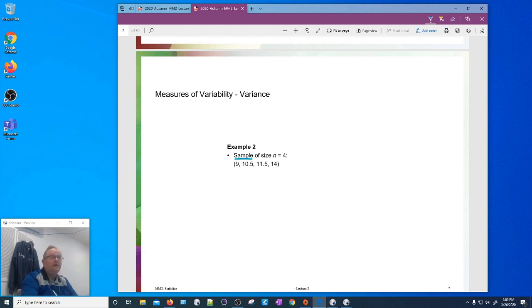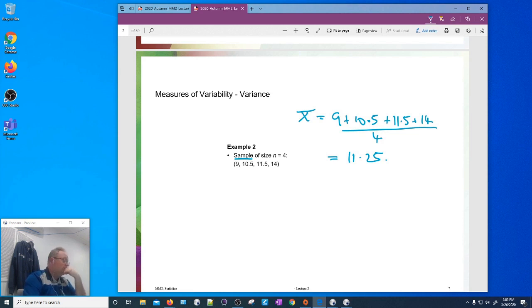So we're going to use x bar, and x bar will be equal to the sum, and so we'll have 11.25 for this particular set. To do our variance then, we'll use the variance, which we often just refer to as var, which is s squared. Now the equation for this was the sum